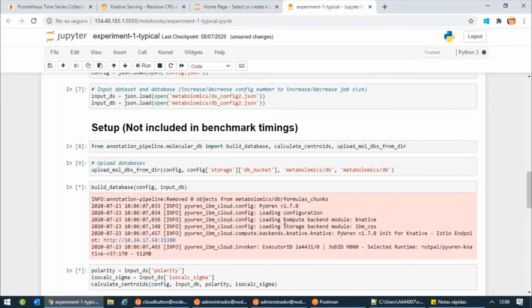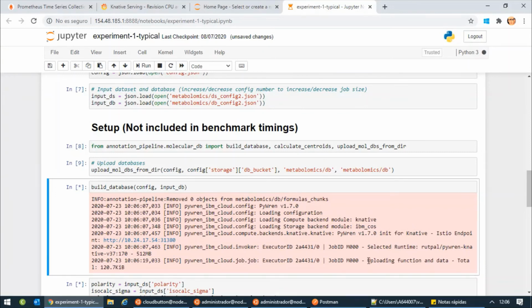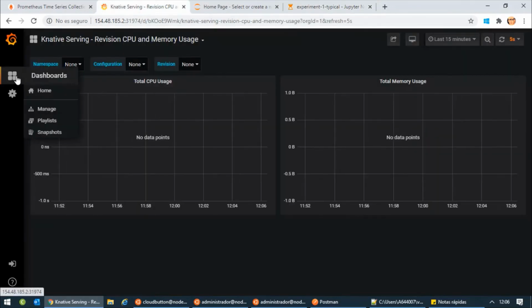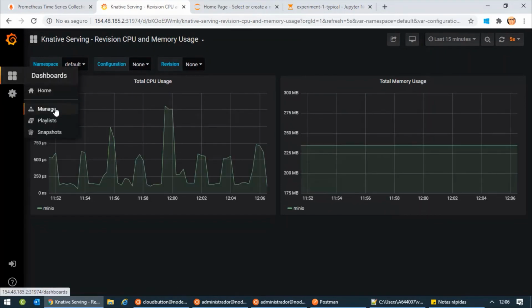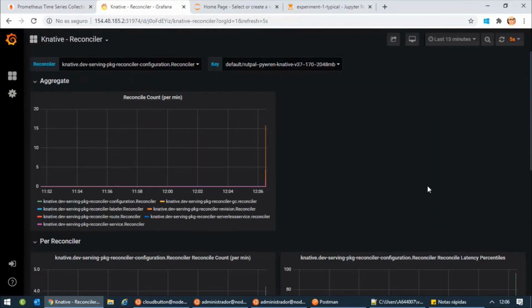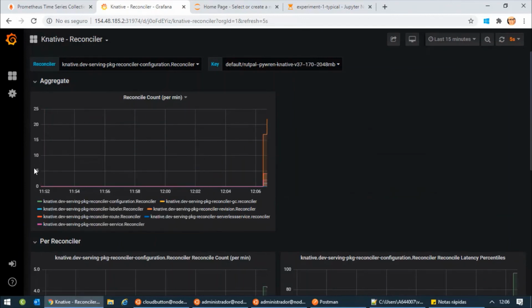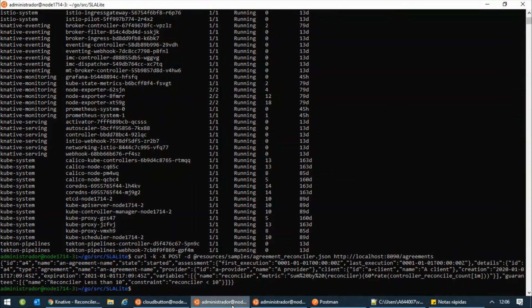For this example, we are using the compute backend Knative, the Knative from our cluster, and the IBM host storage. We will see immediately how Grafana is going to show some metrics. The agreement is based on this reconciler metric, so let's have a close look at this one. We can see that here some of the values have reached a value bigger than 10. So if we go back to the SLA,